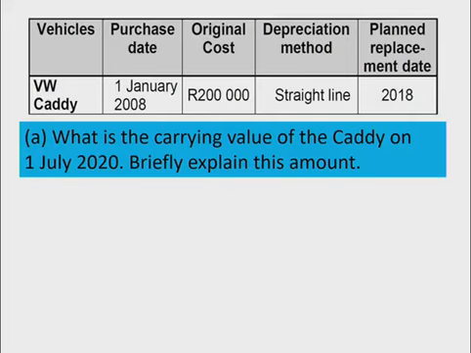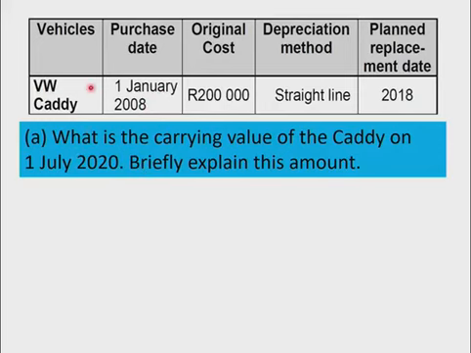Remember, the Caddy has a life expectancy of 10 years. That means that we are past the life expectancy. That date, the 1st of July 2020, is past the life expectancy of the Caddy, which means by that time,